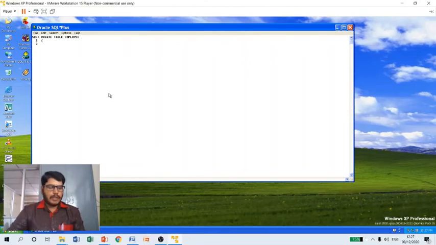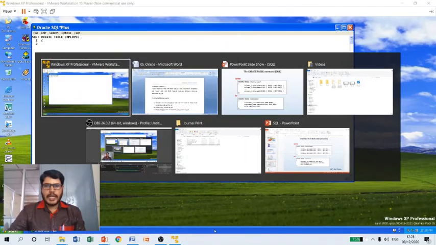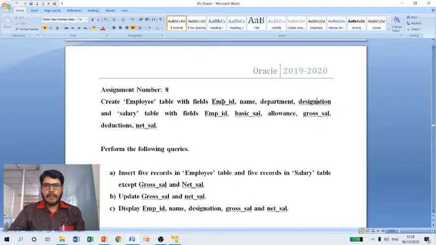So the first column, what they have mentioned is employee ID. Assume that I'm going to store the ID as E001 like that. It is alphanumeric. So in this case, I cannot consider the data type as a number. I must consider employee ID as a character here because I want to store the value as E001.